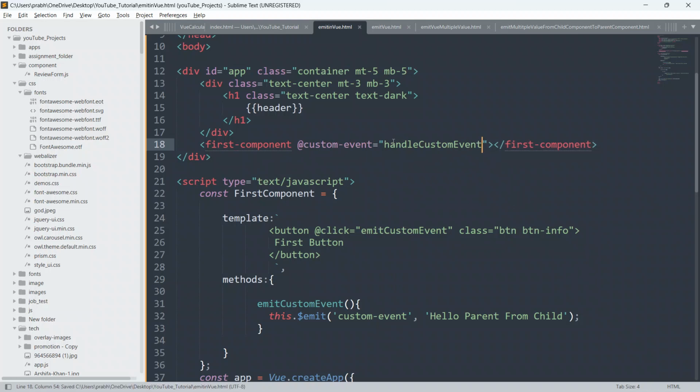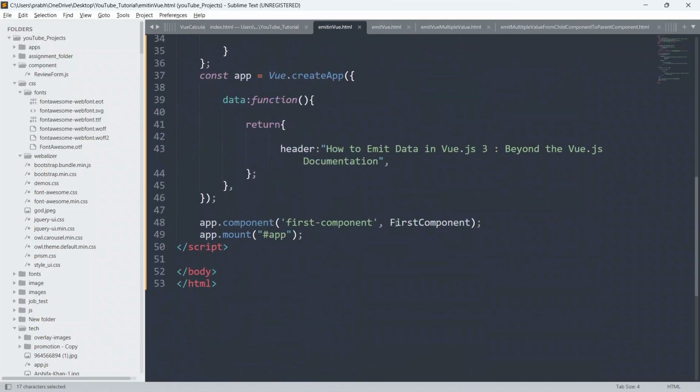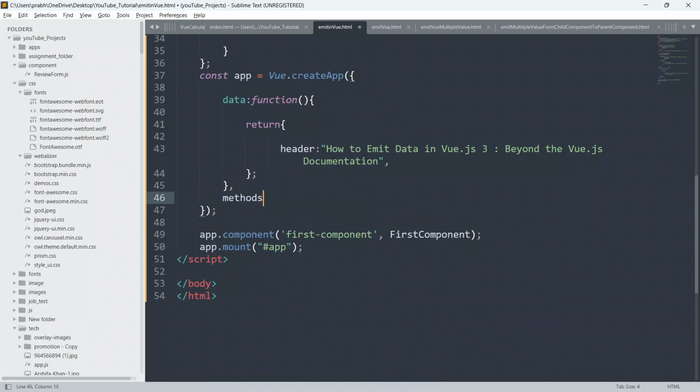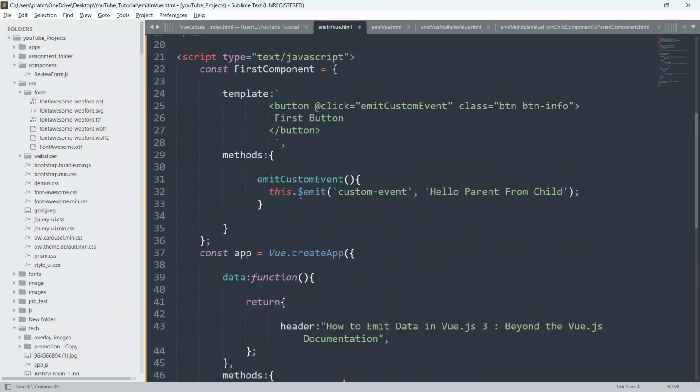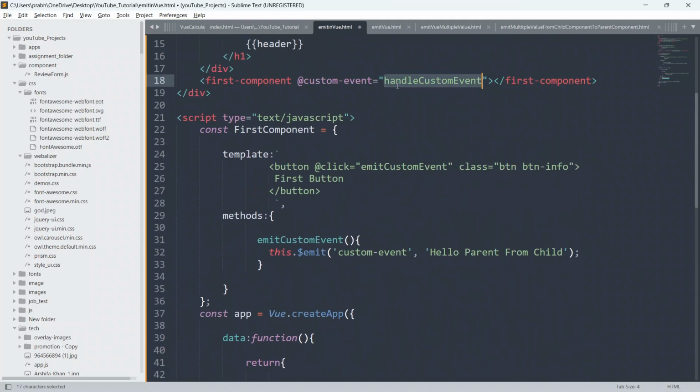So guys, now we will be defining this handle custom event in our parent component. So I'll just go down and define this inside the parent component. So below this we will say methods, put a colon and open and closing braces, and here we are going to define this handle custom event.